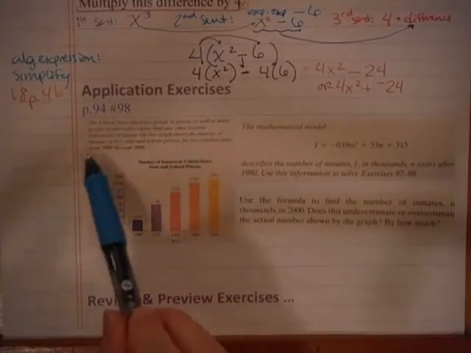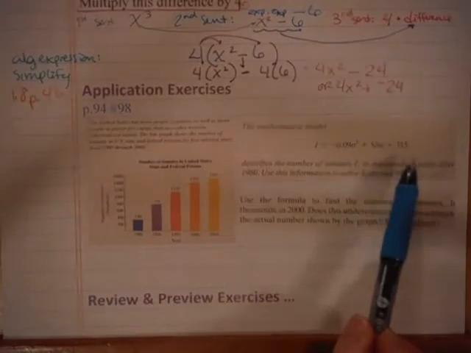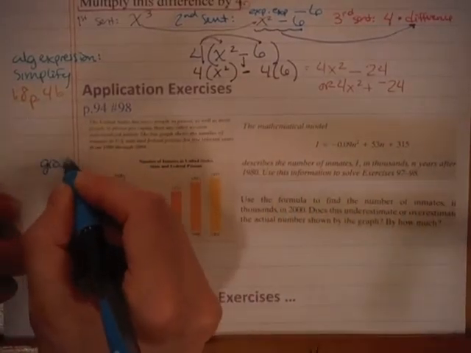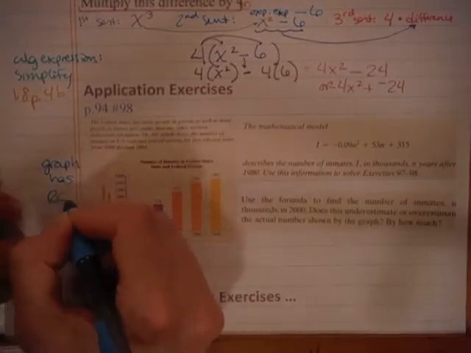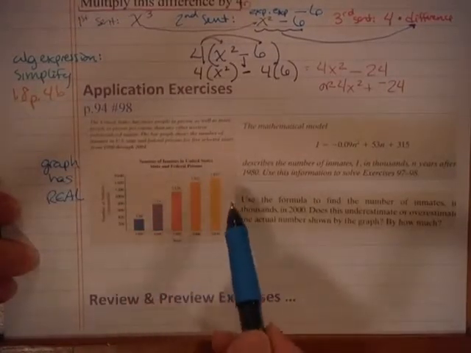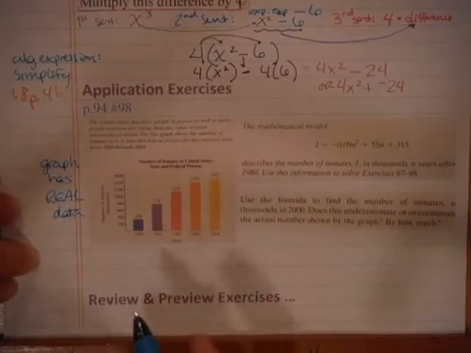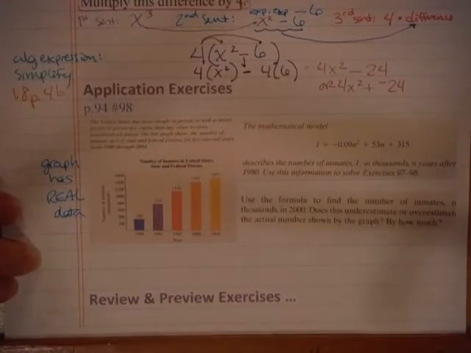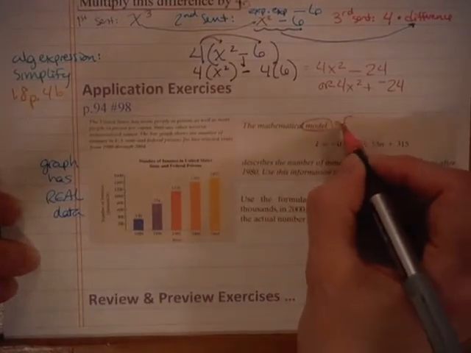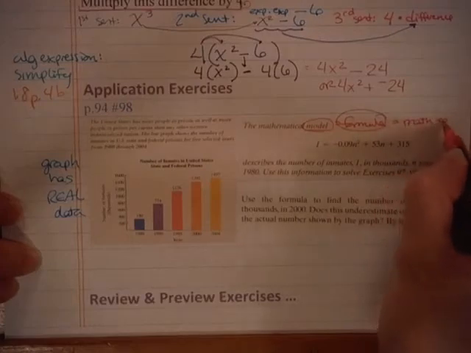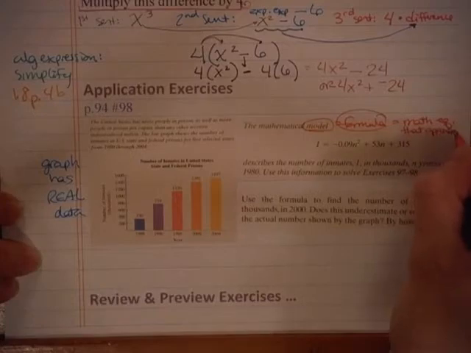And you've got a graph here. You've got a mathematical model. So the graph has the real data where they went and counted all these things and recorded the years, and so there's real data represented here. The model is the formula. Model equals a formula, equals a math equation that approximates